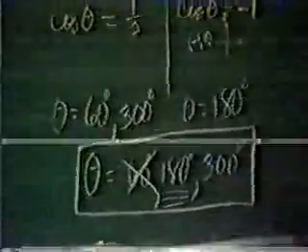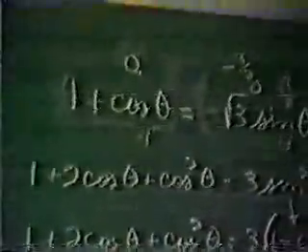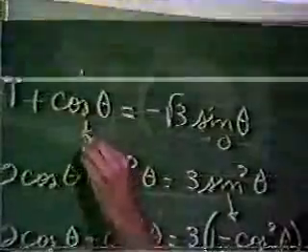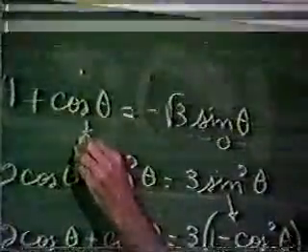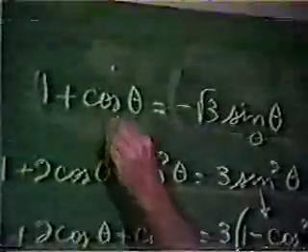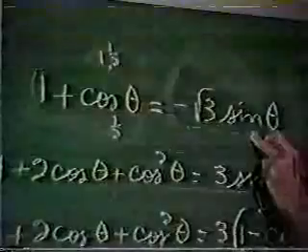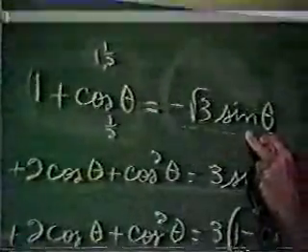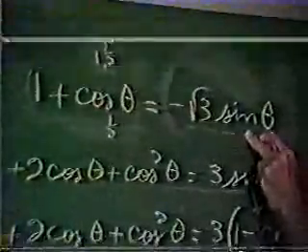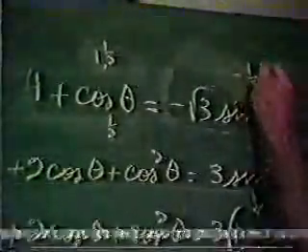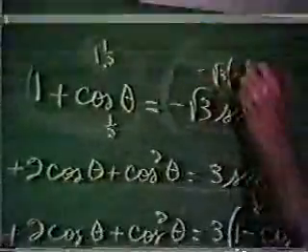300 degrees. Let's go back up here to the original equation and look at it. If we plug in 300 degrees, cosine 300 degrees is 1/2, and it's also positive since it's in quadrant 4. So this is 1 1/2. And if we put the sine of 300 degrees, that's in quadrant 4, and the sine in quadrant 4 is negative, and so that's a minus 1/2 times the minus the square root of 3,